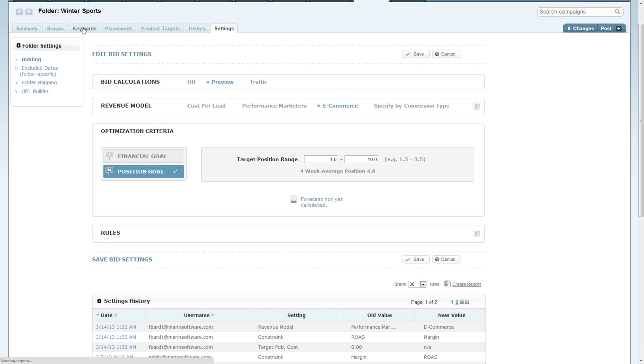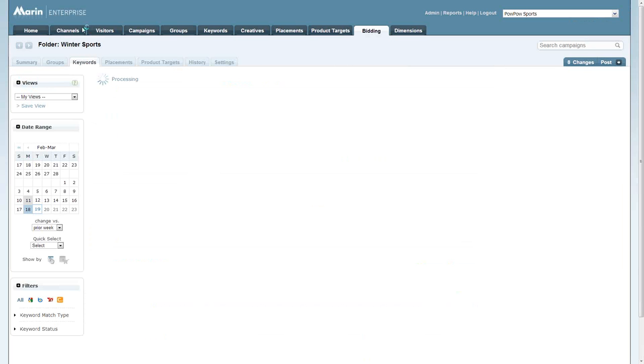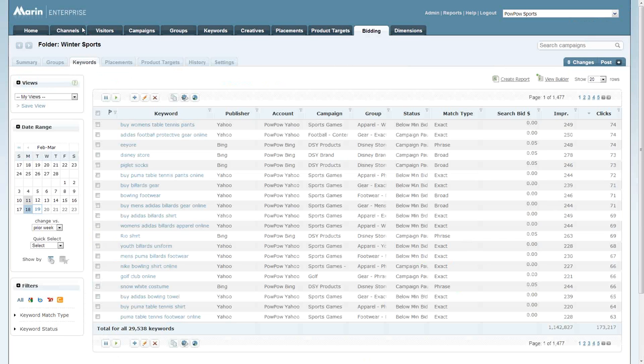So I'll go ahead and navigate to the keyword side so that you can see how the override looks now within the keyword settings. A couple of things to note here is that these keywords, regardless of whether you set them in the folder or the keyword level, the way position-based bidding will now work is that there has to have been an impression. If there has not, there will not be any